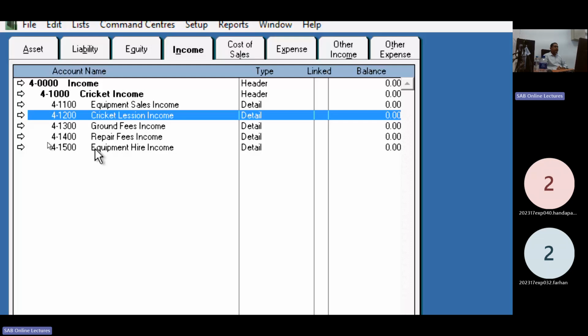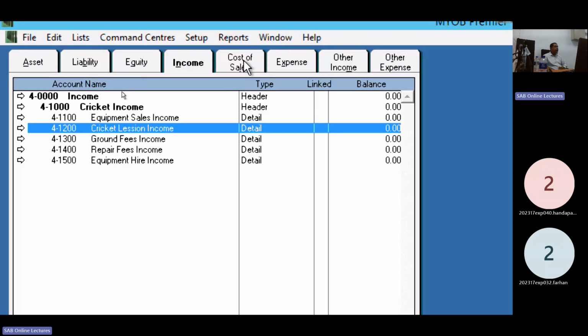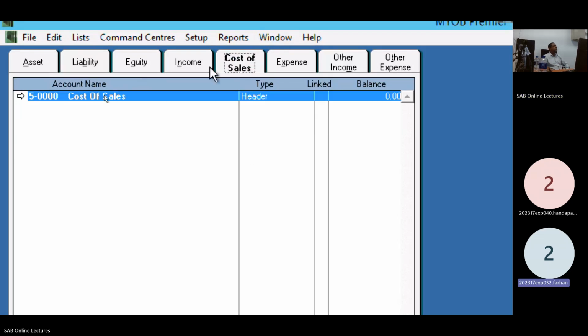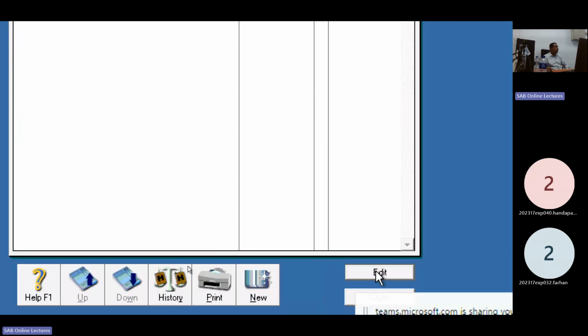Cost of sales and service. Click cost of sales, header account, cost of sales. Change here to cost of sales and service. Edit.